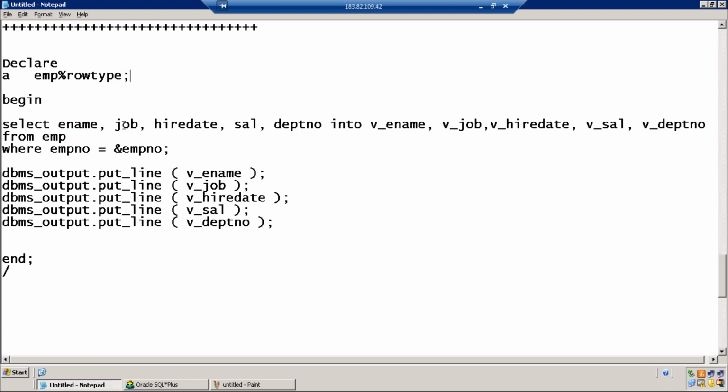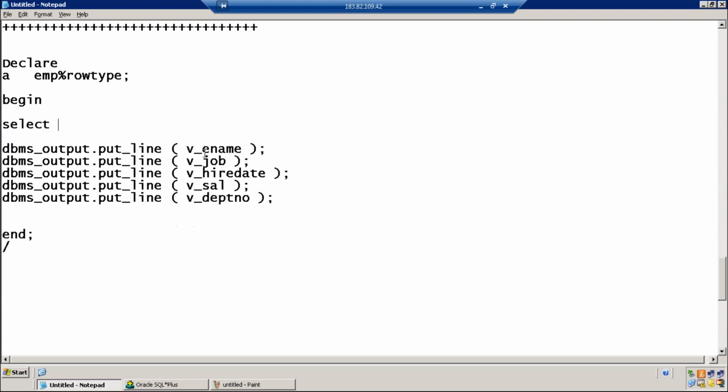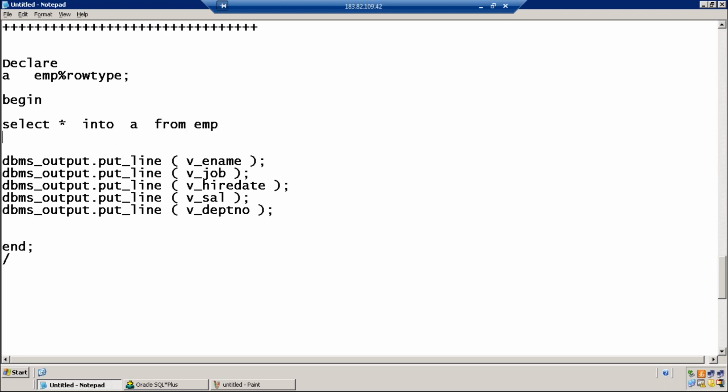Next, select. Don't write 5 columns. Select star. Star means how many columns are selected? All the columns. Every select statement should have what clause? Into. Is there any variable which can store all the values of one row? A. Into A from employee, where employee number equal to ampersand employee number.